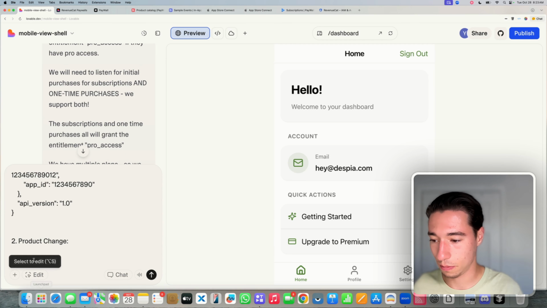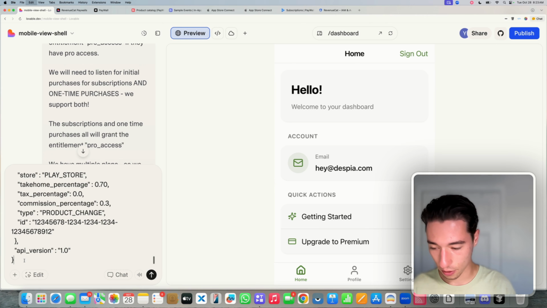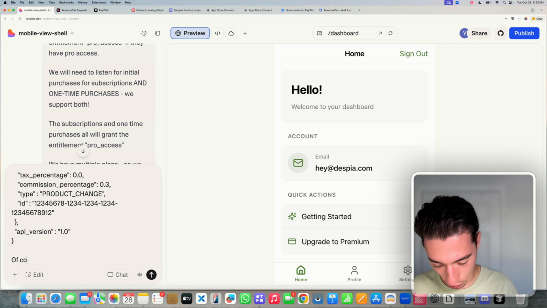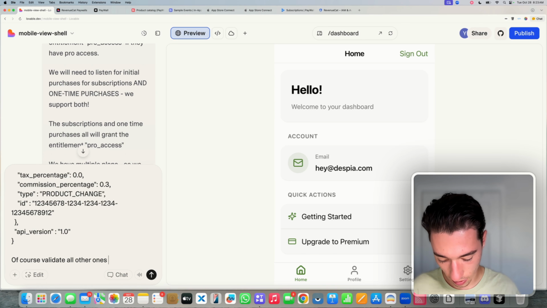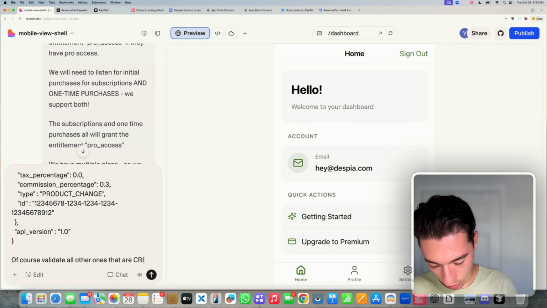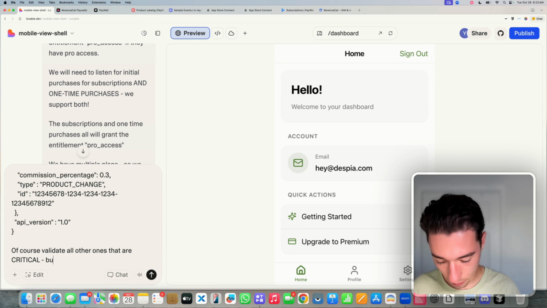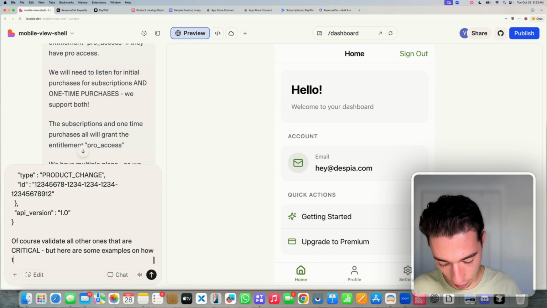And then I'm just going to paste this one inside of here, and I'm going to say, of course, validate all other ones that are critical, but here are some examples on how to get the